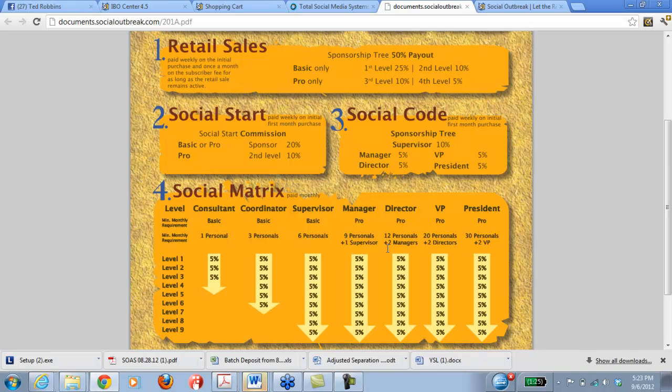Now, I mentioned that the very first sale, which is the very first month when that person pays as a new reseller, is paid over here in number 2 and number 3. It's very important to understand that these individual percentiles will go up and allow you to share some of those commissions. As you have people in higher rank above you, imagine if I'm the sponsor, but I'm not a supervisor or a manager or a director or a VP or president. These individual sales are going to end up going above me. So if I haven't recruited a lot of people, you have to